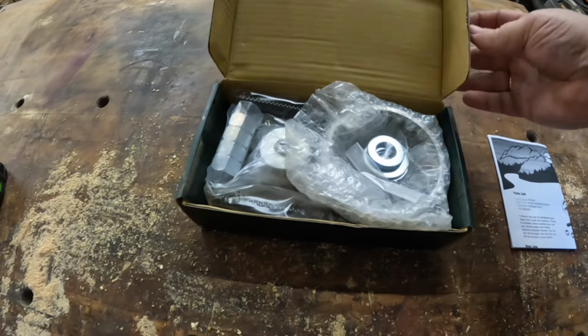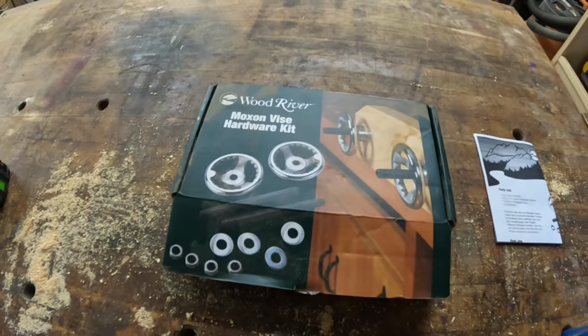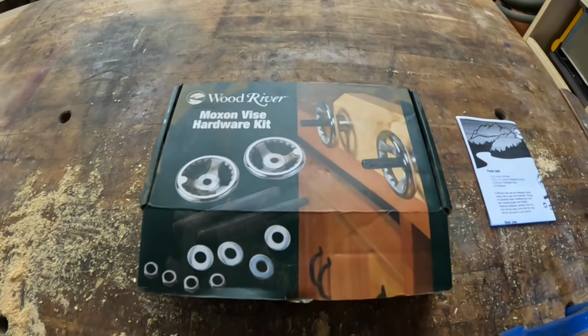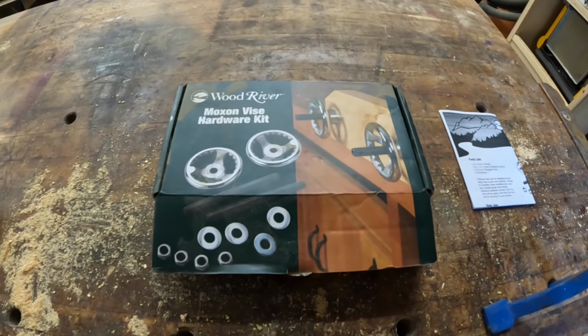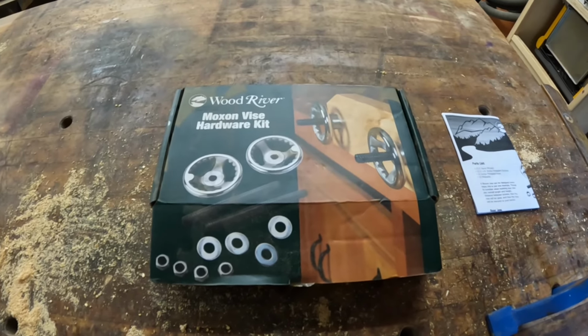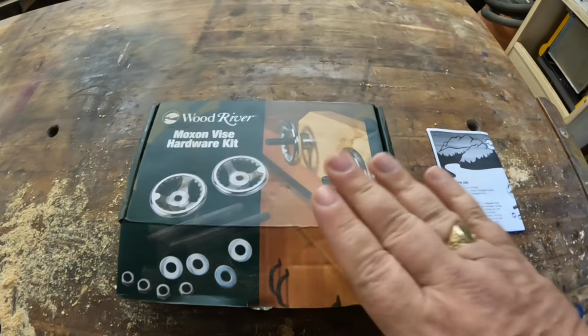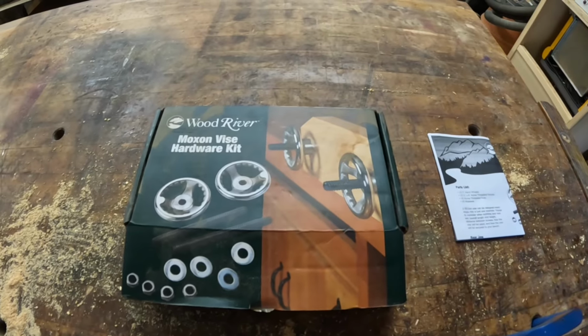I've never worked with a Moxon Vise, but I am to understand that they make life a lot easier when you're doing joinery, because my bench is lower than it's comfortable to work with. So the Moxon Vise brings up the joinery surface when you